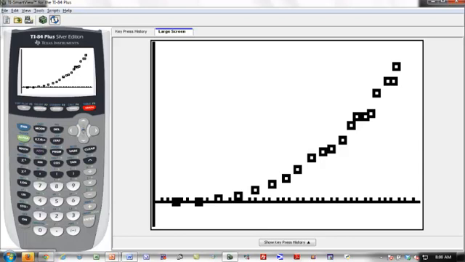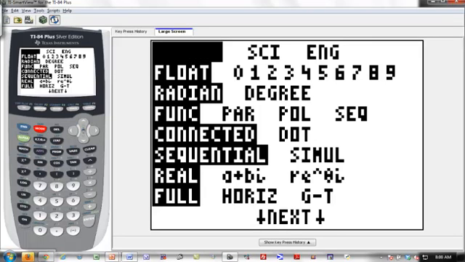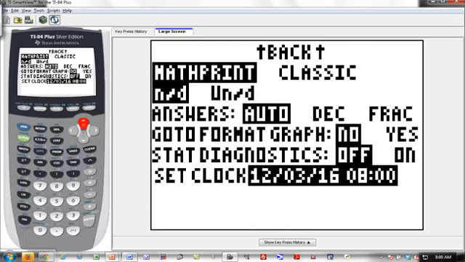Okay. So a couple warnings here. That doesn't look linear. Do you agree? That looks curved. I want to give you a warning that if you do a really simplistic attack on this problem,